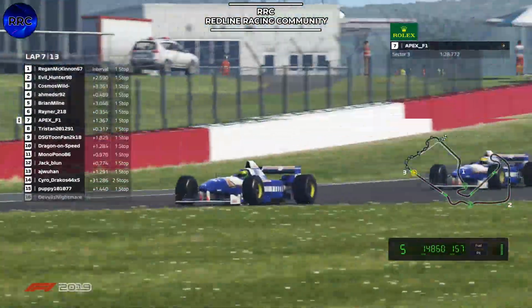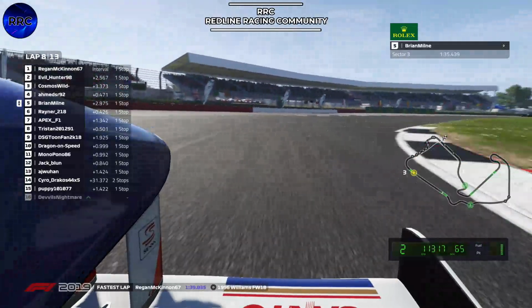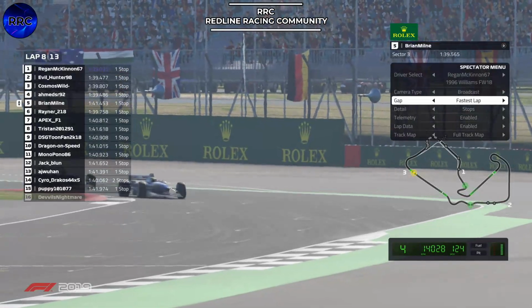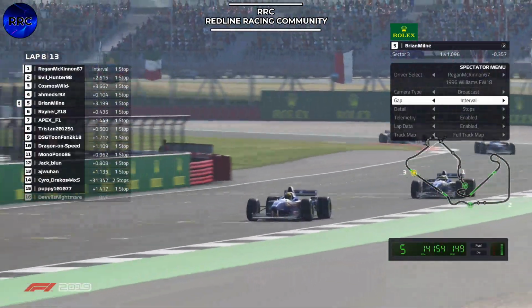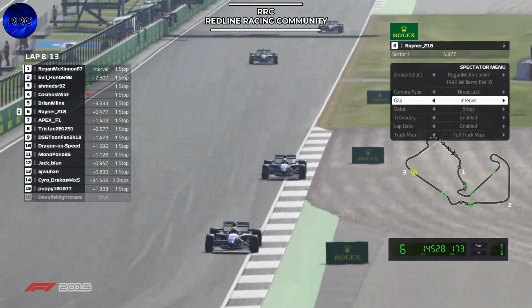Apex has got through on Tris. Regan another fastest lap. He found 2 tenths compared to the lap before, so he's just burning the fuel off. 4 tenths quicker than Kyle. I think Rayner's going to be getting frustrated at the...